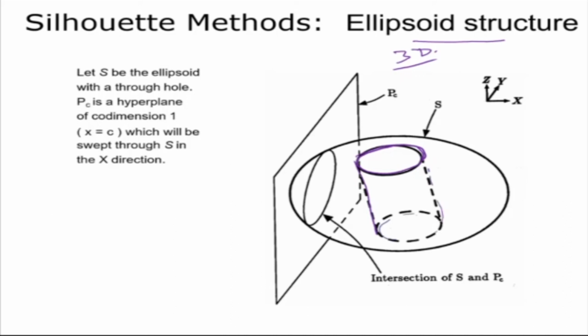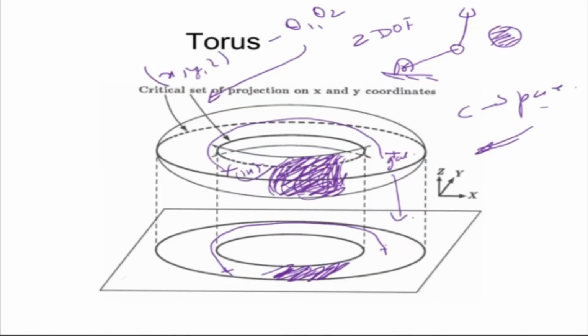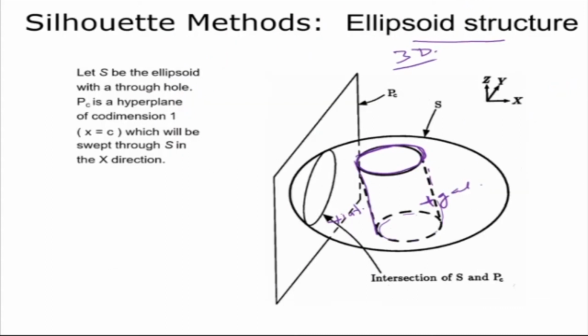Now on this particular surface, I want to do path planning. Suppose I want to go inside here. That's my goal point, and my initial point is here. Now how do I do this? Now this is similar to the torus, which is something like a 3D structure. This is also a 3D structure, which is an ellipsoid with a hole, and I want to do path